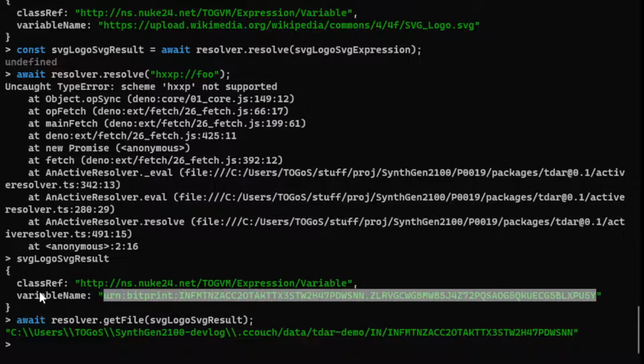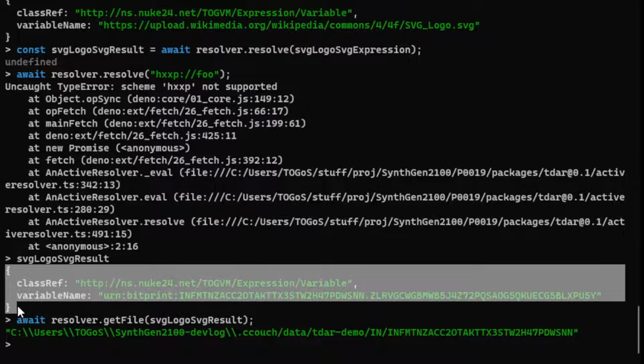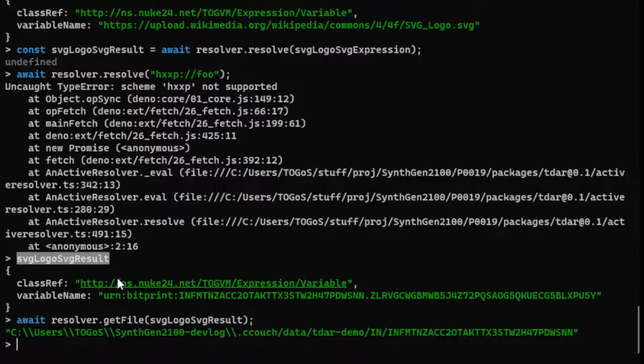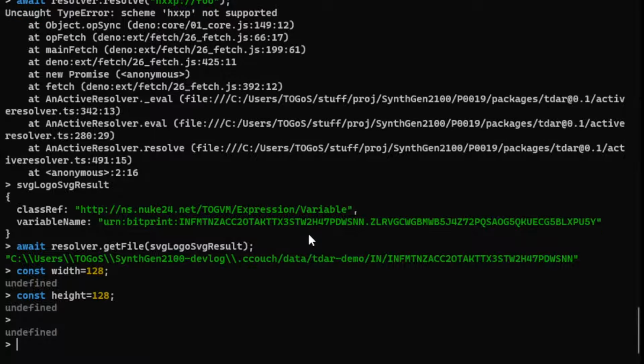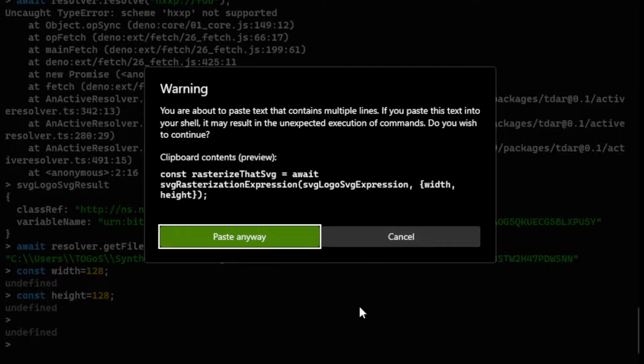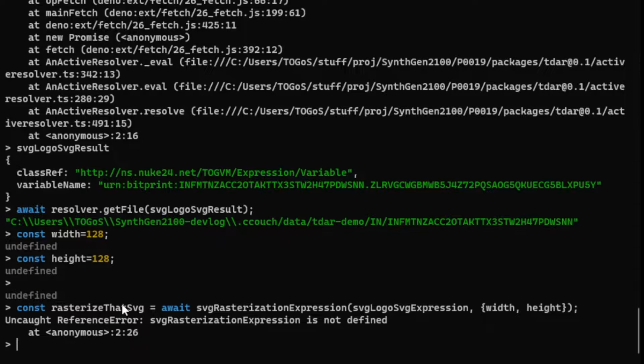Yeah, so this expression represents the SVG logo now. SVG logo, SVG result. So what we want to do next is rasterize it. Okay, so I'm going to set some constants here. Paste these in. I'm pasting this stuff from another window, so if you're wondering why he is going away,